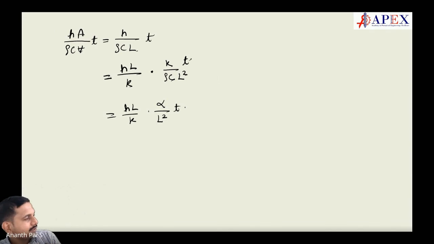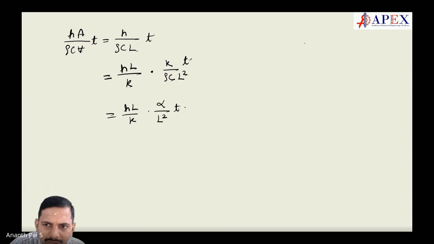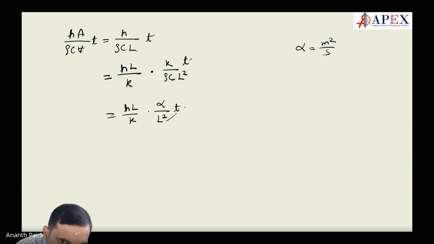Rho C. Now, what is alpha? What is the unit of alpha? Meter square per second. Now, what you are getting? Meter square per second. So, what is this? Non-dimensional number. Correct? So, what is this number? Biot number. This number is called Fourier number, which is a non-dimensional number,